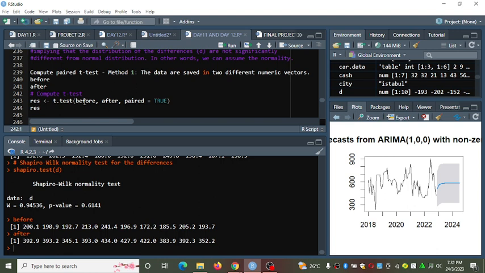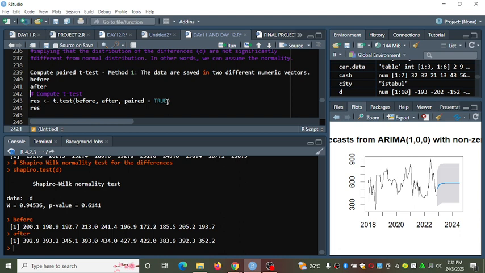The syntax is t-test, and you specify the two vectors you want to perform this test on, that is the before vector and the after vector.